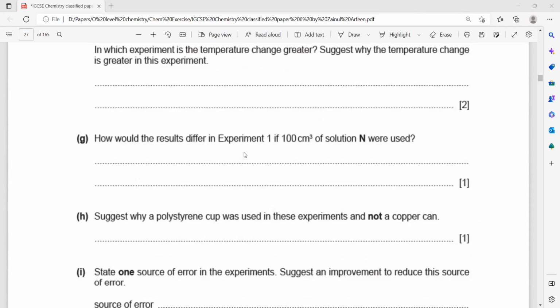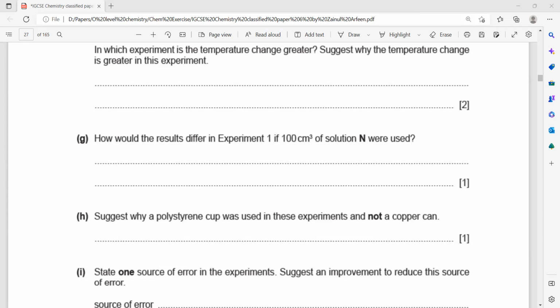So how would the result differ if 100 cm cube of solution N were used? Like if we use greater amount of N, how will the results differ? Greater temperature change. Greater maximum temperature. It will be,